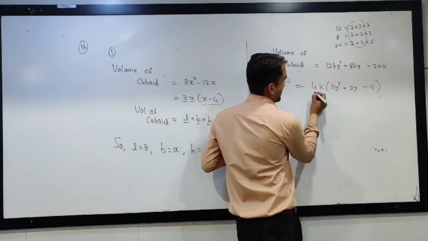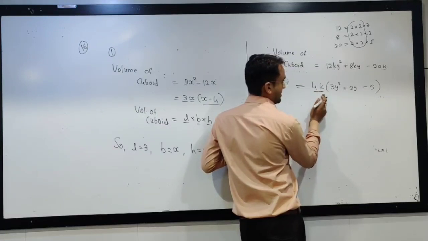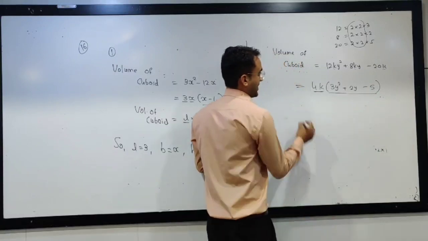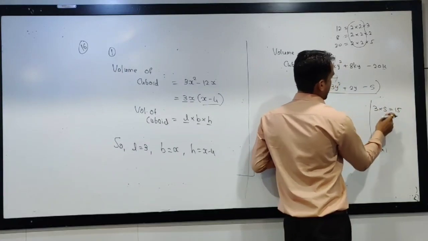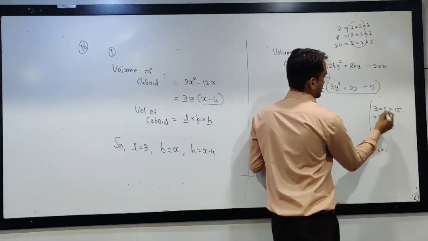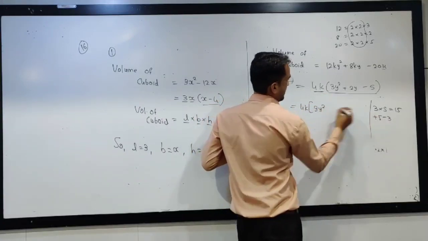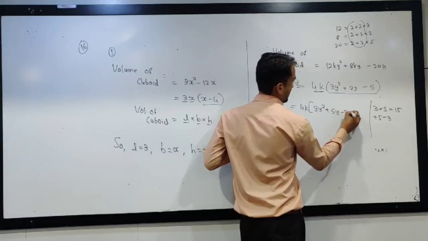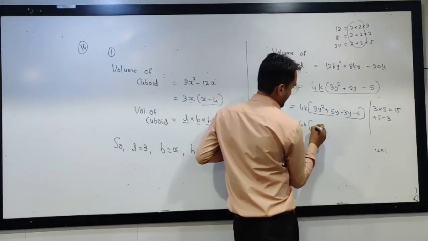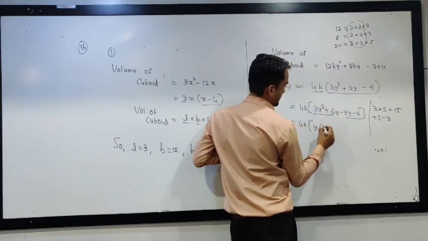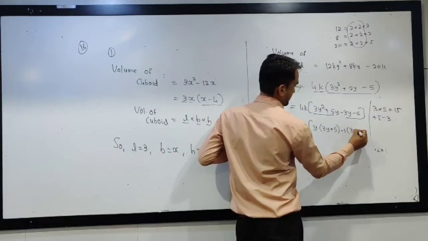4k common, 2y and 5. So if you compare, this is your L, and now we have to factorize this. Here I can make more factors, 3 5s are 15. I want 2, so plus 5 minus 3. So what is remaining? 4k, 3y square, 5y, 3y, 5. If I take y common, what is remaining? 3y plus 5. Here nothing is common. 1 common.